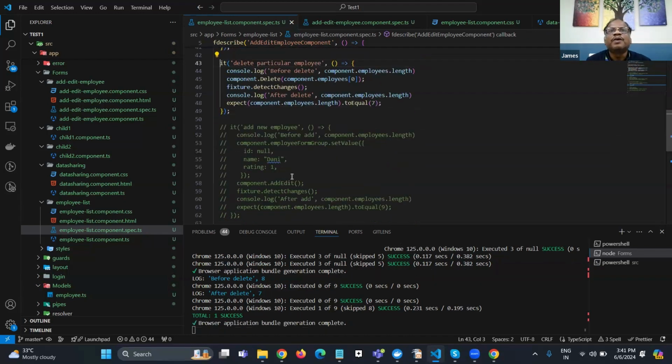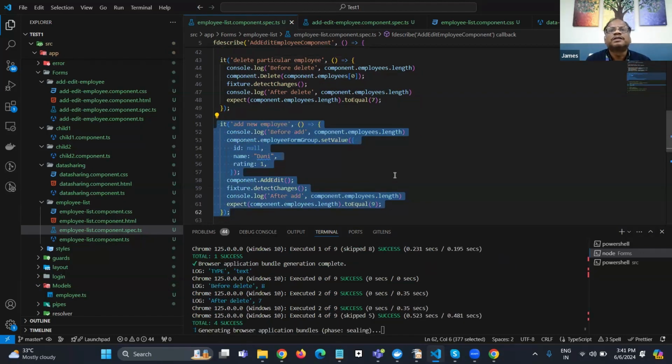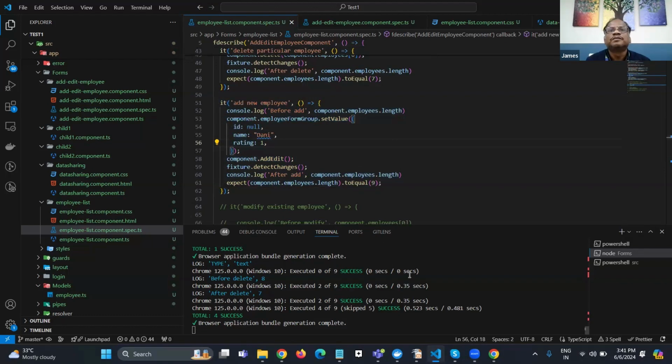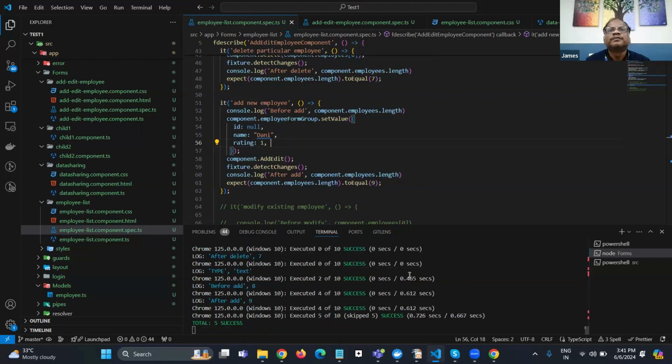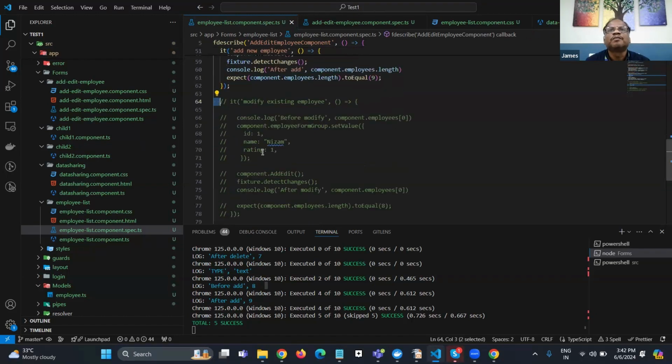and let's add a new employee. By default we have 8. So after adding a new one, it should be 9. In this case, see, before add it is 8, right? So before add 8, I have added a new employee, Danny, here. After adding, it should be 9. Okay, it checks like this,